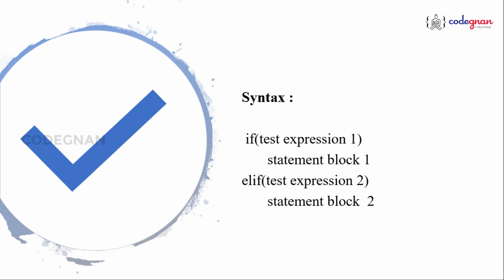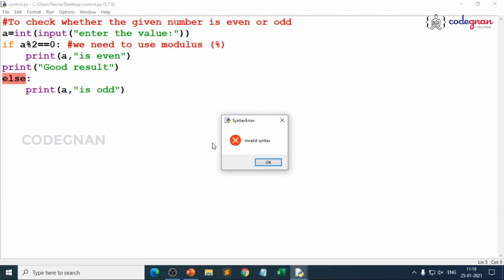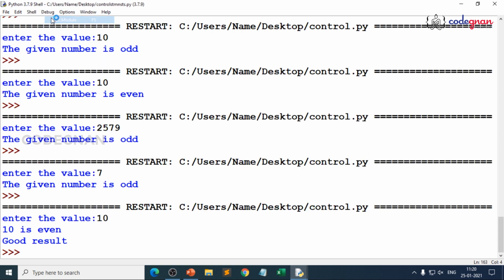Okay, now let's go for an example where I told you how to use the scripting mode, right? We need to be very clear when we are using if and else. In the previous video we have seen what happened when you start like this: you get invalid syntax. Why? When you are using if and else, you should have proper indentation. That is mandatory. Now let's take one more example where I want to check whether the given person is eligible to vote or not. Again, it will be in red color until you make it aligned and execute it.